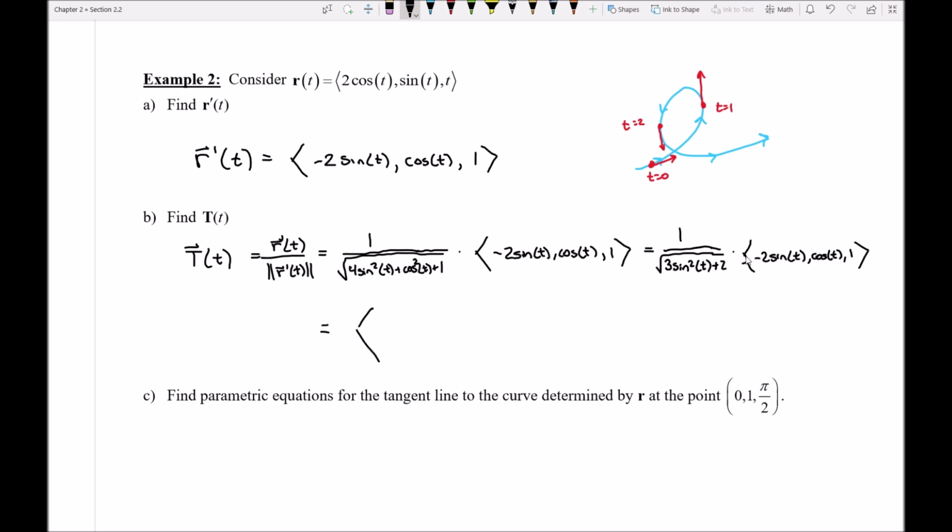which I can now either leave in this form, or of course, I could write it as just each of the individual components divided by that radical, which I'll go ahead and write here. Okay. Now,